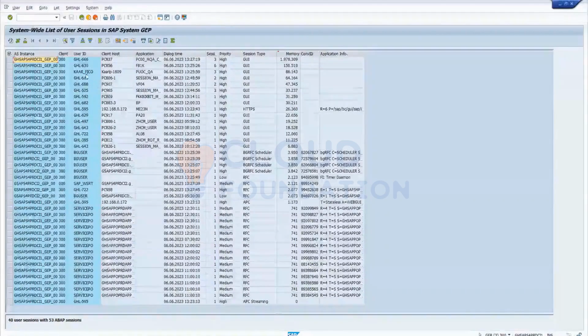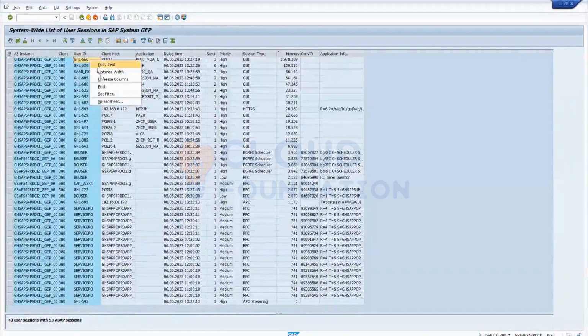How to kick off? Right click. Not from here. Which system is he logging into? Where do you get that? The instance number.